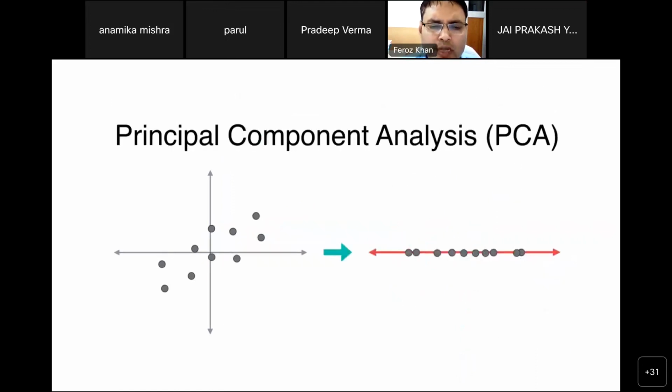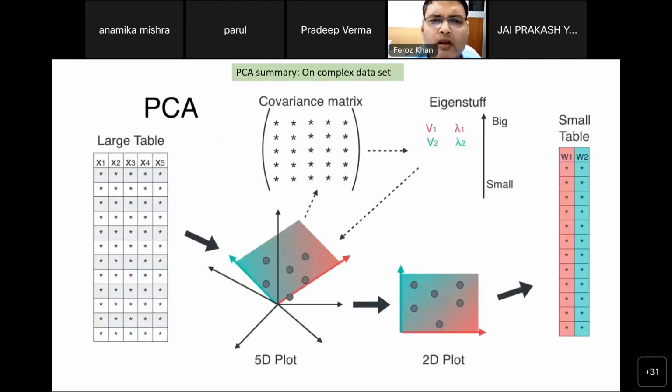The same method we use in chemical feature identification to cut down the number of features. For example, we have merged 1000 chemical descriptors into one descriptor only. It looks like this one only. So that is the beauty of the PCA calculation. More clearly, you can see the overall summary here in this diagram.